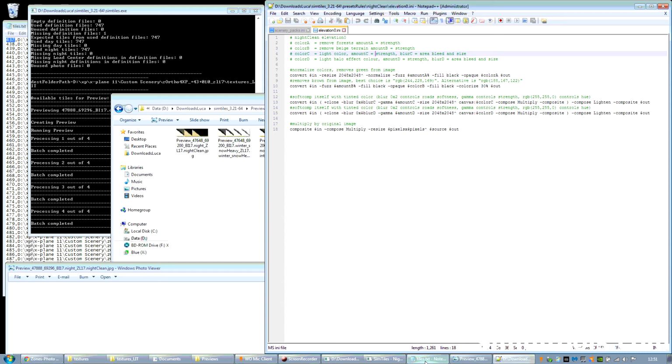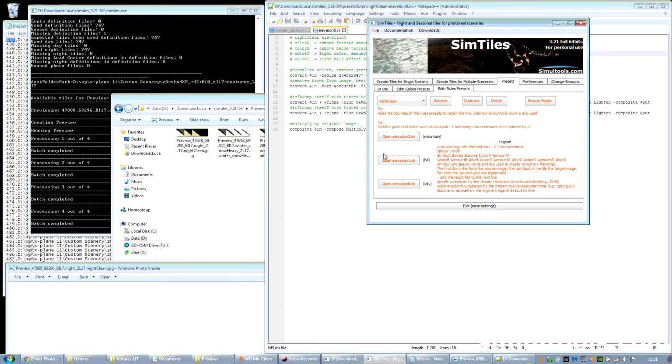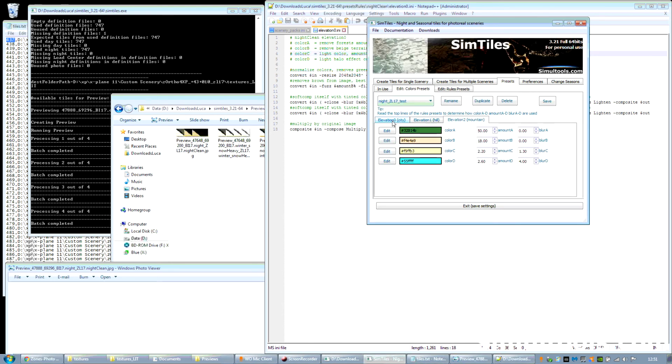So we go back to SimTiles, and under here we just change the amount C and amount D. We could maybe boost these values a bit, just for fun, and maybe a bit here as well. I don't know, let's just try something, let's see what happens. Save, and finally this one here,